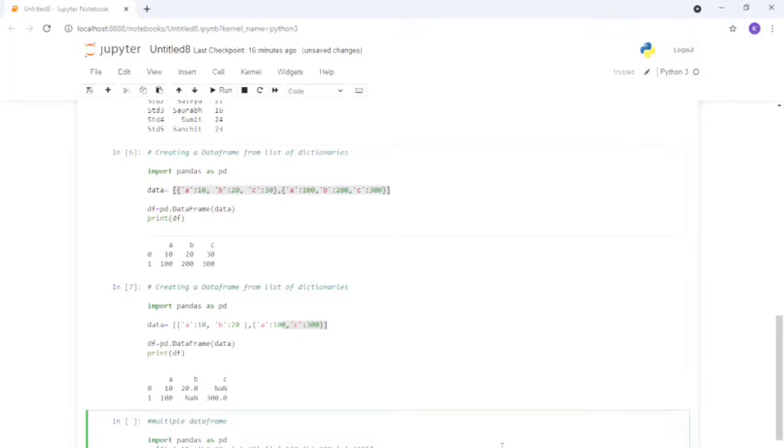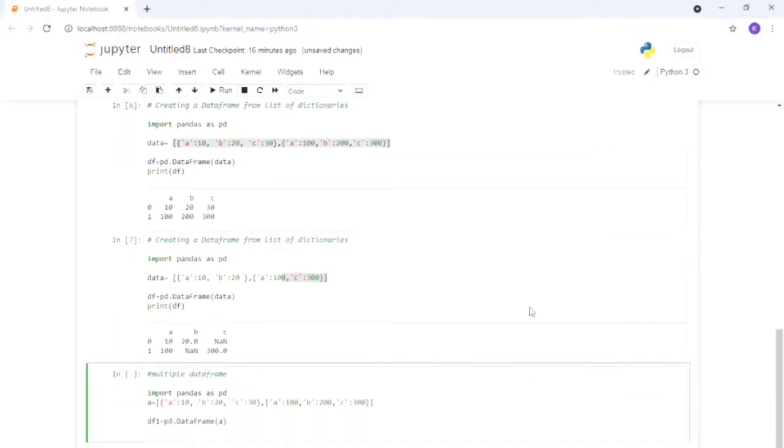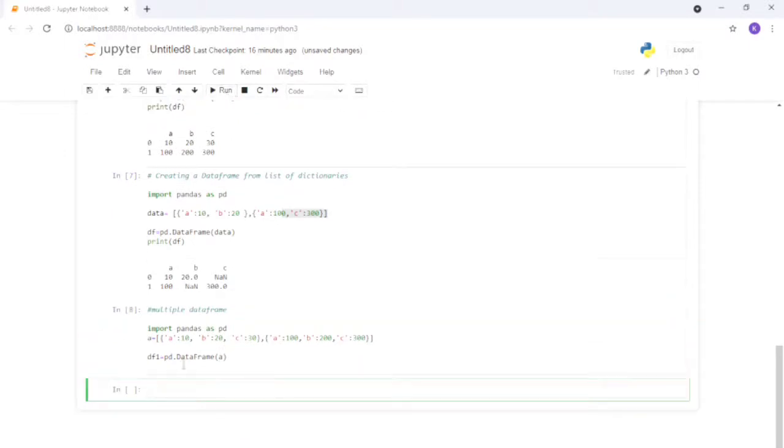Then after pd dot data frame, and then after we have to give the value a. Okay, once we have given the value a, sorry, we have to use print here. Print df1. Once you print it, it will look the same as what we have printed earlier.